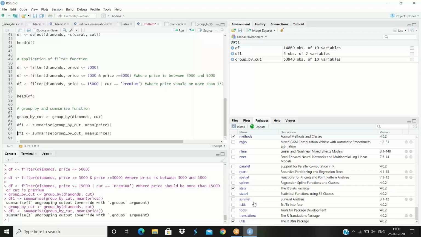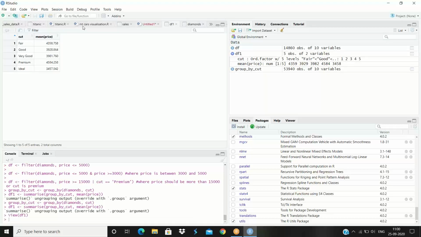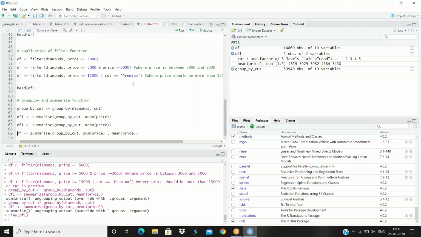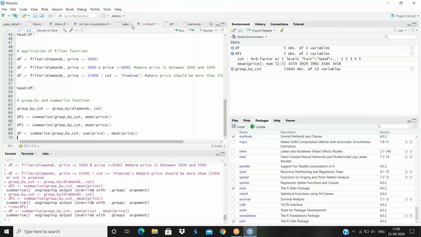Okay, do one thing. Let me see. Click on this df1. I think the data frame is created. You have done this df1. You are creating group by mean price. Type there. Do it this way. I am dropping it in the chat box. Can you do it this way? I don't think it will make any difference because it is not making any error. So I think it will just work fine. Run it, which I have dropped in the chat box.